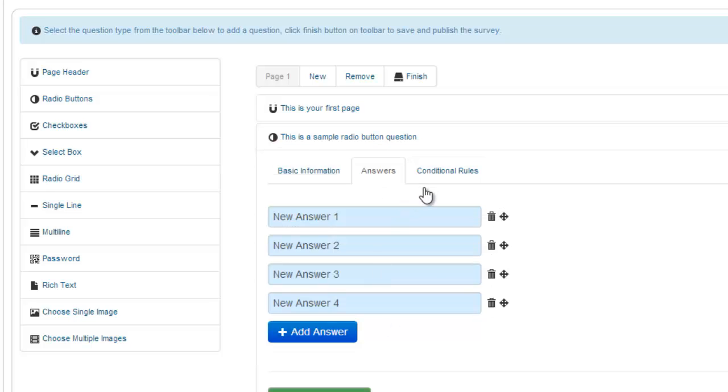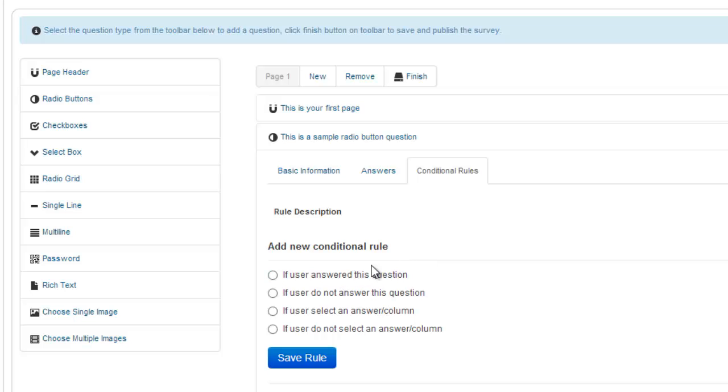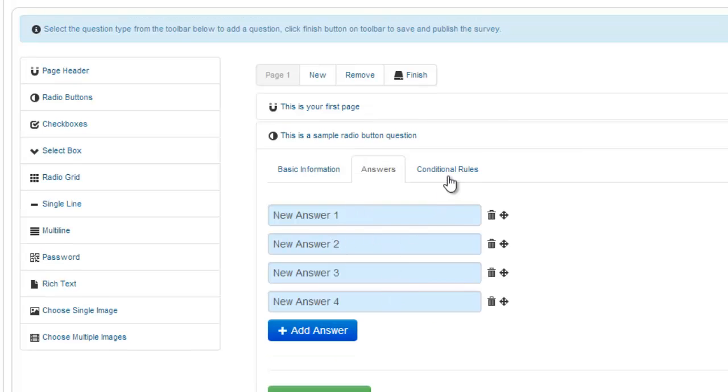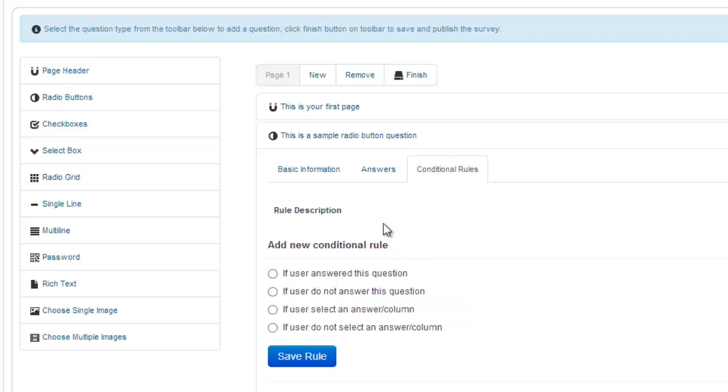So before going to conditional rules, make sure you always save the question, so that conditional rules will take the latest update of the question. So always save the question before going to the conditional rules. So here you can configure different rules. You can say for example, if you want to redirect the user to page number 4, when user selected any of the answer, for example user selected any of the answer, you want to go to page number 4, you can do it by selecting